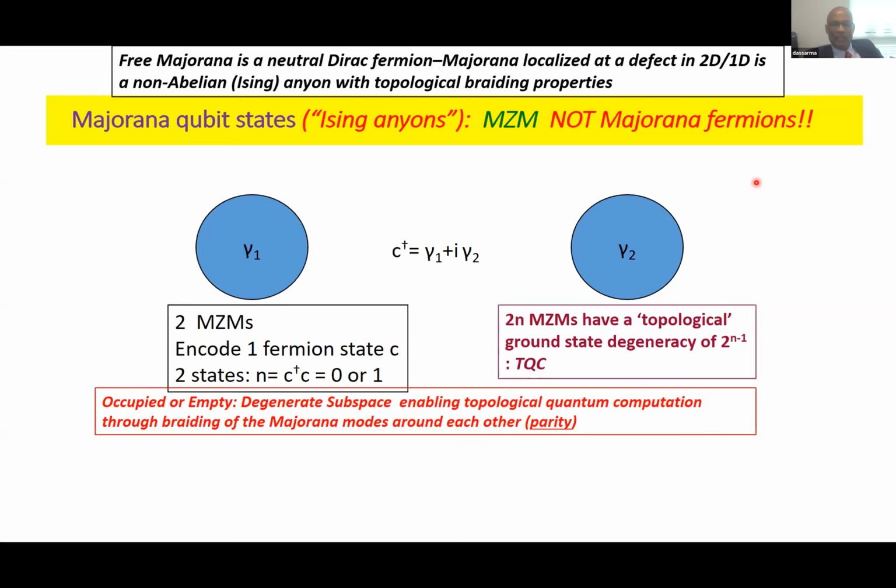So what happens is that they have a degenerate subspace, a quantum degeneracy of 2, because two of them together is either a fermion or nothing. So this is a parity degeneracy. In a superconductor, the only thing that matters is whether you have a charge or you don't have a charge, and that's the degeneracy. So 2n of them will have a ground state degeneracy of 2^(n-1) that enables